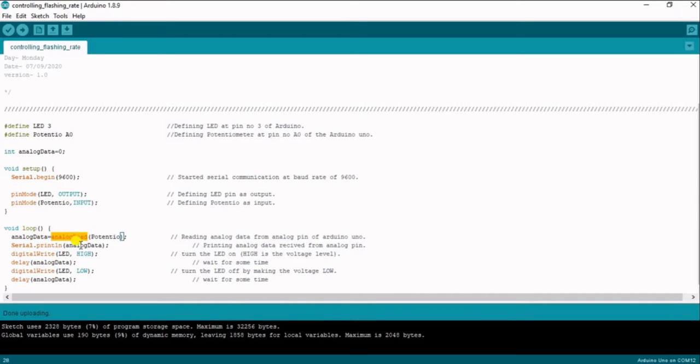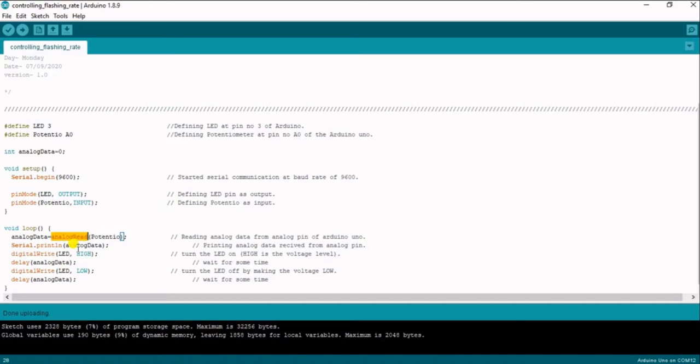This function is used to map the values in analog form. Like in digital we have 0 or 1. Here 0 refers to low, and 5 volt, that is 1, refers to high. So we are mapping this digital data into analog form.